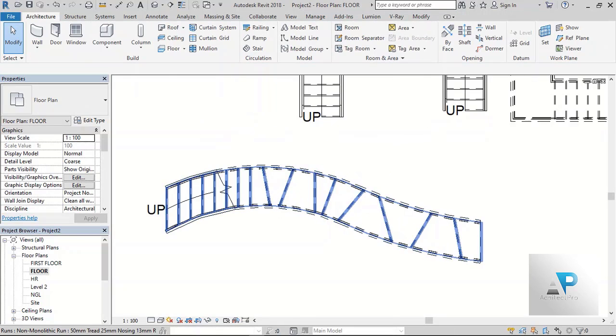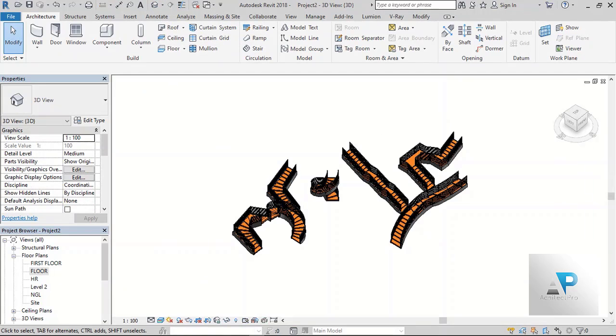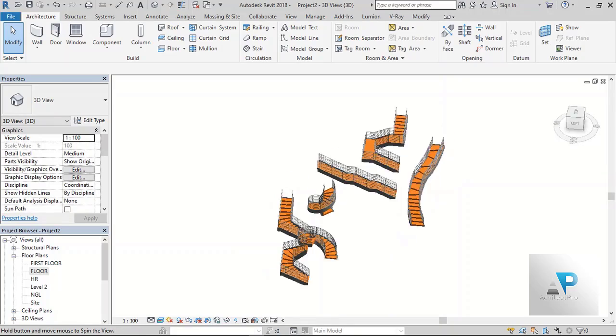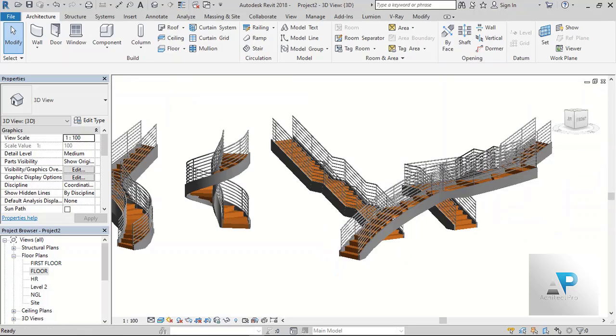And now we have something amazing as this. So you see what we have, this is what we have. And if you want to change the material,